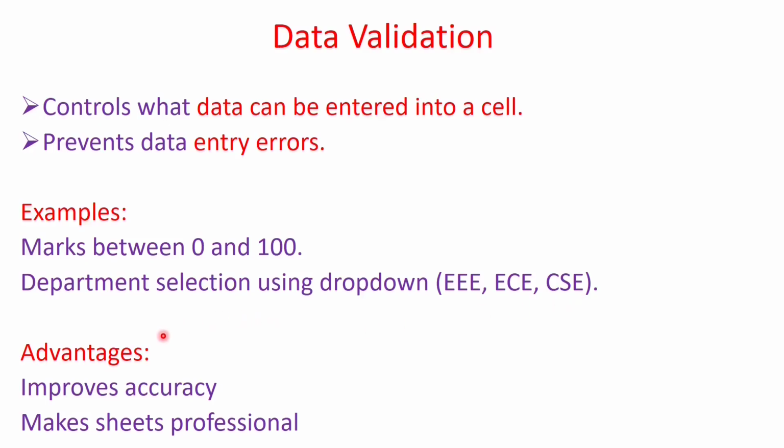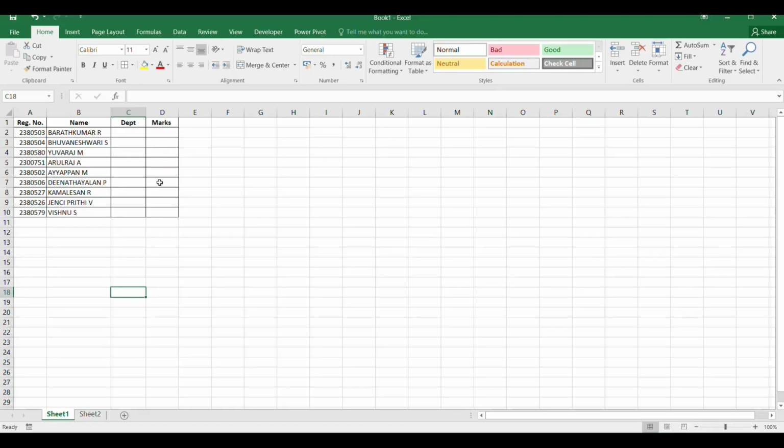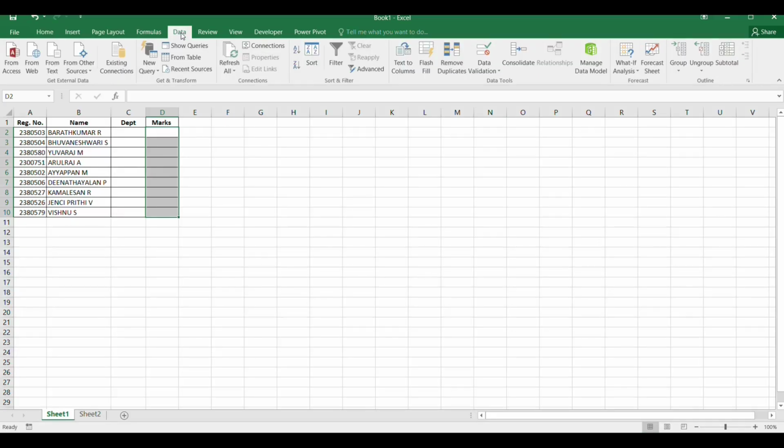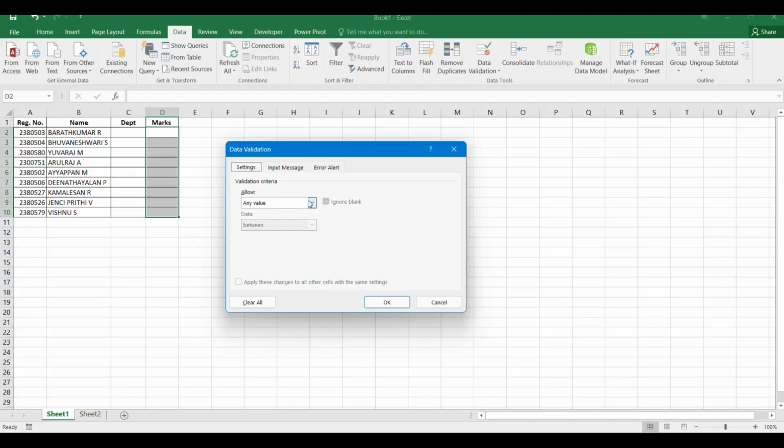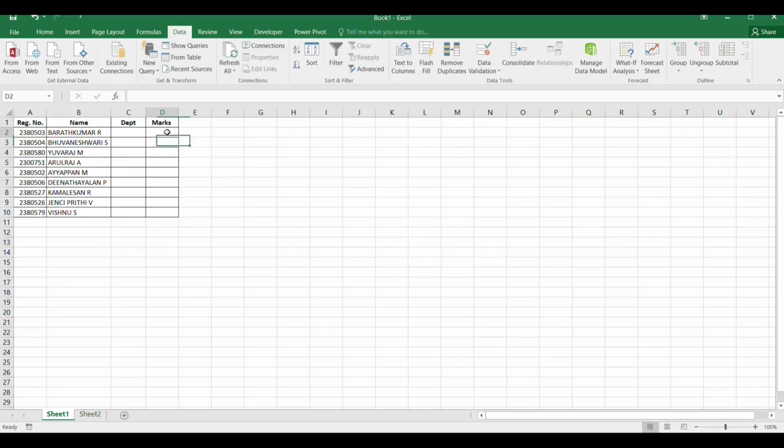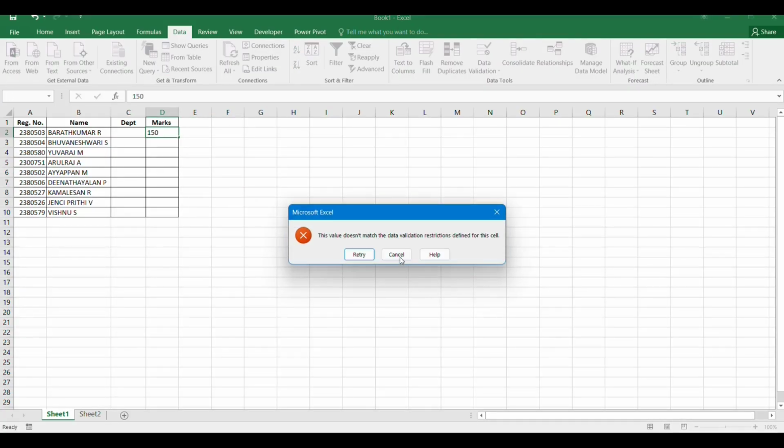Let me explain the steps. First, select the cell or range of cells where I want to apply validation. Then go to the Data tab and click on Data Validation. Here, Excel provides different data validation options. I choose whole number so I can restrict the value between 0 and 100. Now if someone tries to enter 150, then Excel will